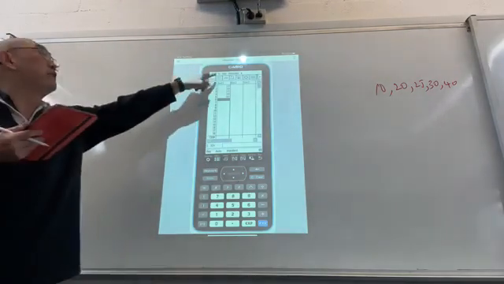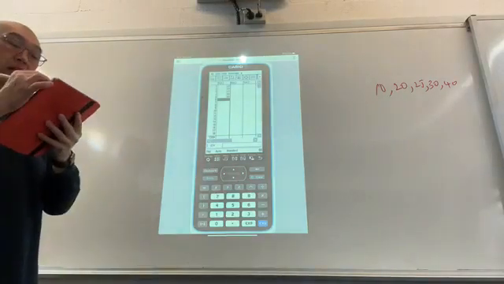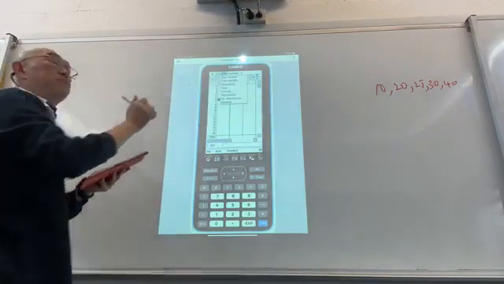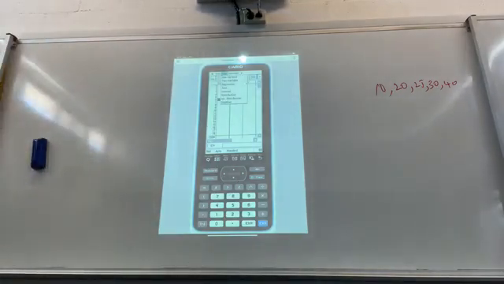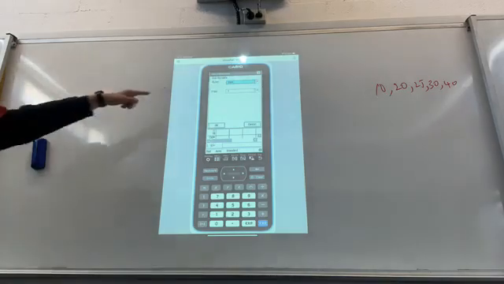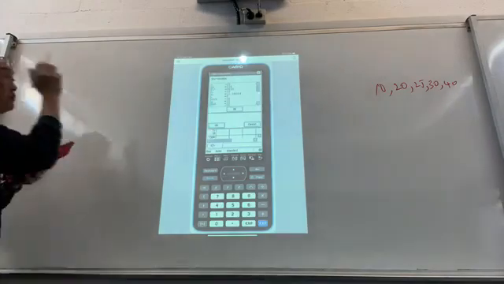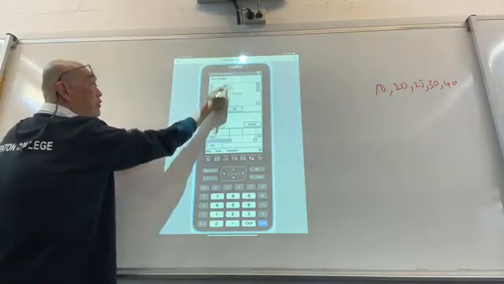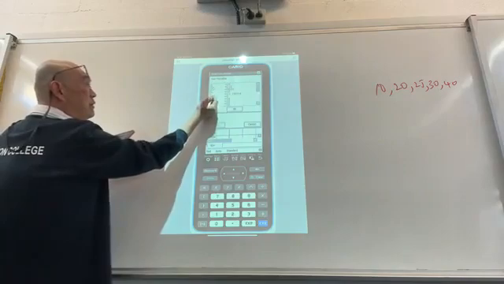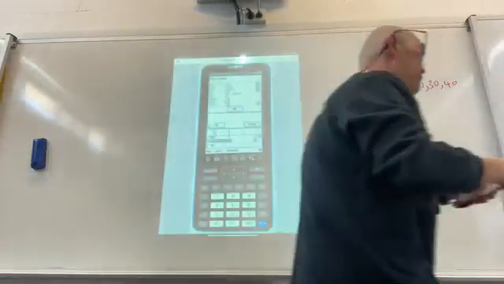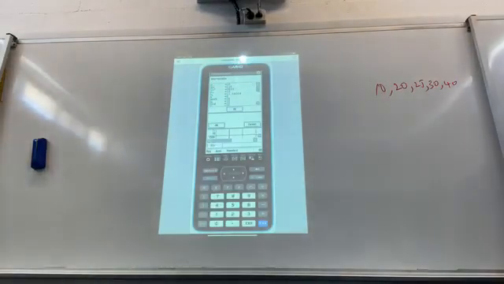you go to calc. Under calculation, go to one variable. You want it to be one variable, and then the frequency is 1, the x list is list 1. Click OK. Now, x bar here is your mean. Sigma x is your standard deviation. Alright? And for variance,